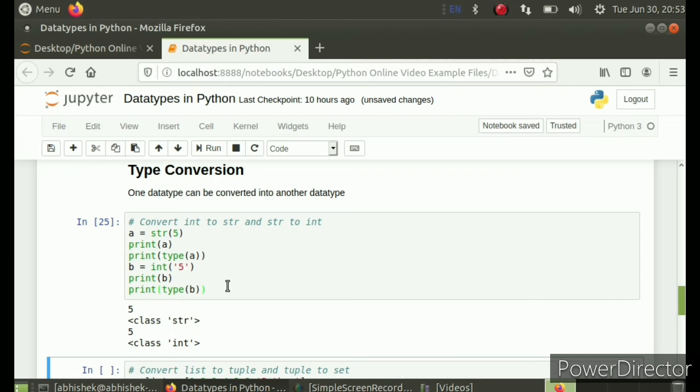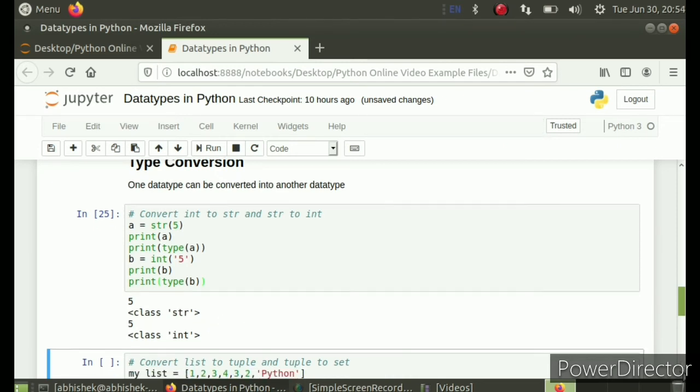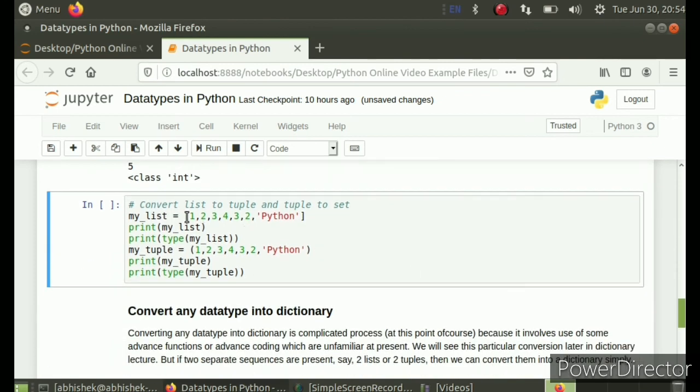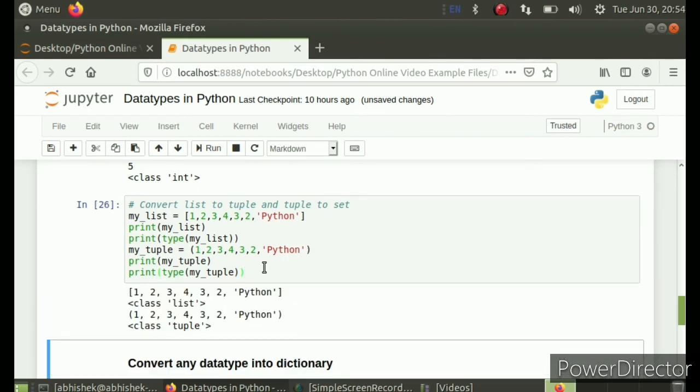Okay, now the variable a has been changed to str and b to int. This is explicit conversion. Similarly, you can also convert list to tuple, or tuple to sets, or tuples to list, or tuples to anything, and vice versa.